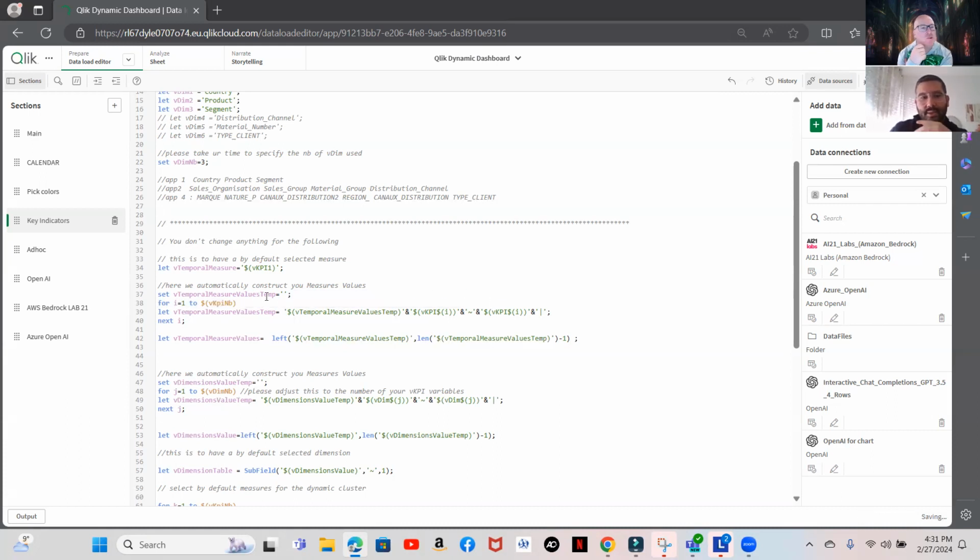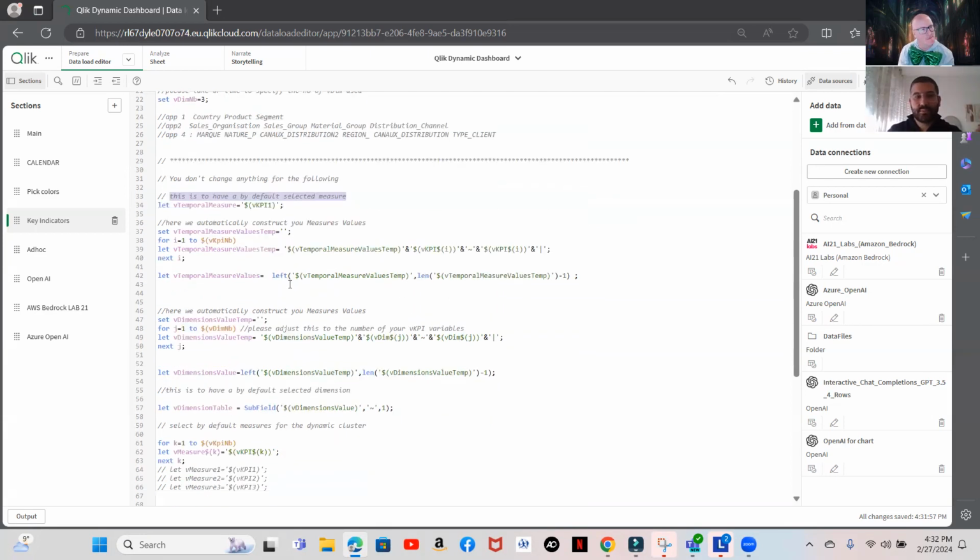Yes. So what I'm doing here, for example, is this is the one to have the default selected measure. Do you remember that I have the buttons? I want to have a selected one, so I will select the first one. And then what we do here is a loop from the